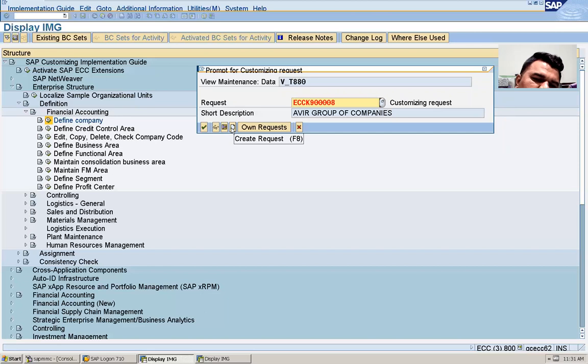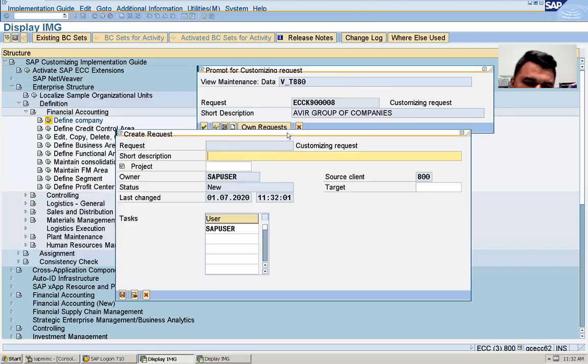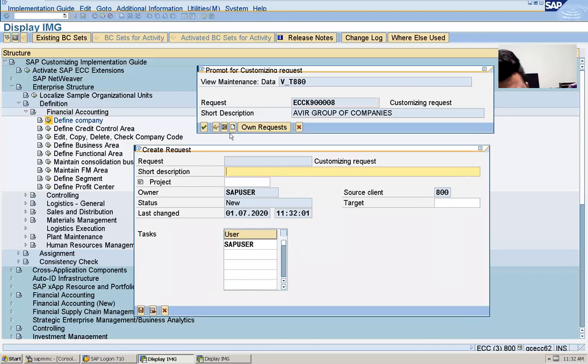After you click this button, short description. Here you can give the complete name, Nadir Group of Companies or Nadir. I have written Nadir Group, underscore NADR. Let me put it in brackets, NADR.